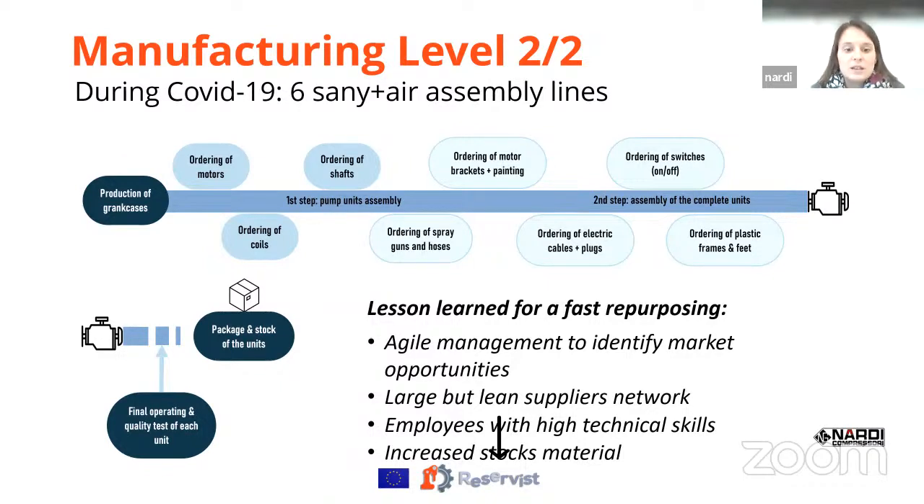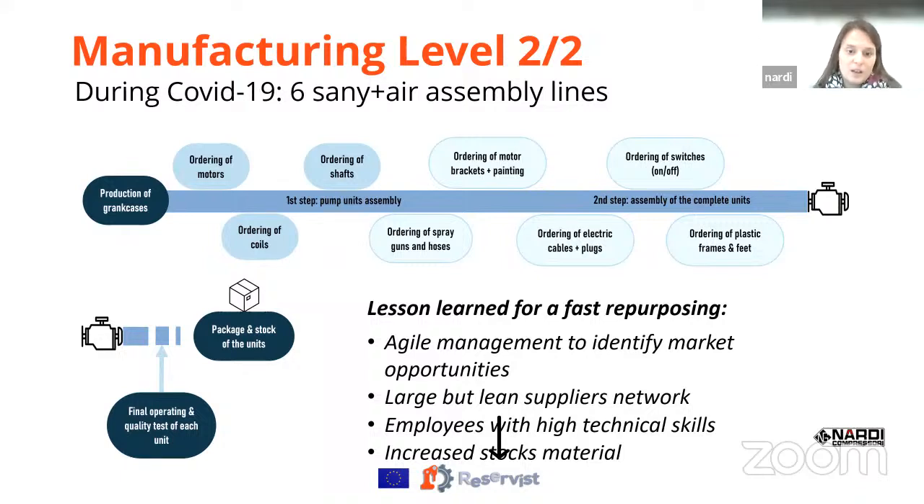And the lesson learned with the COVID pandemic was so important, because we understood that the most important thing is an agile management to identify the market opportunities, because without this, for sure, we had a big crisis. Then we had a large and lean supplier network. All the suppliers were working because we were working, otherwise they had to shut down